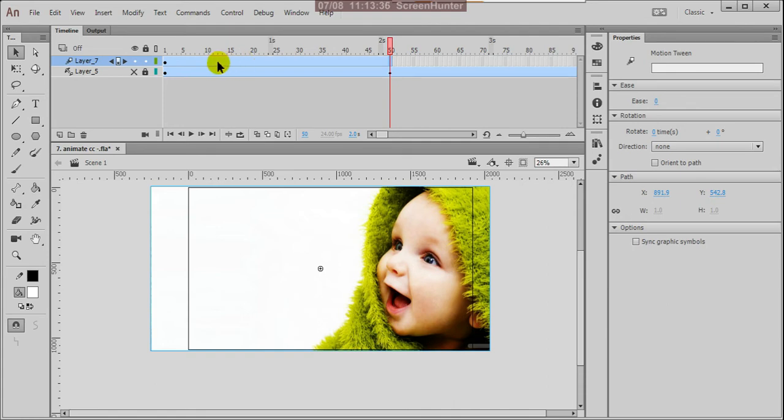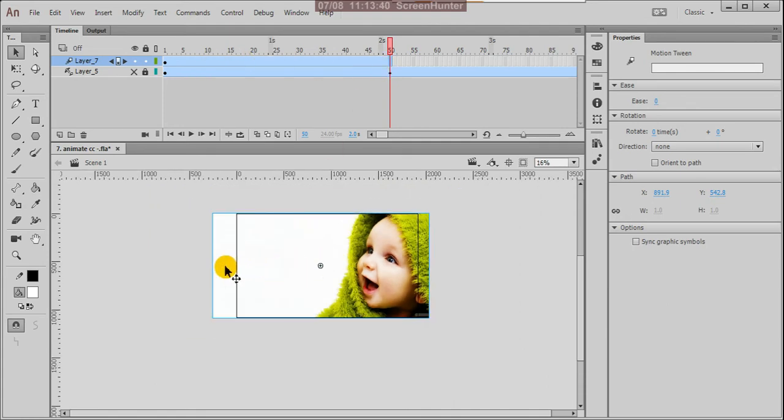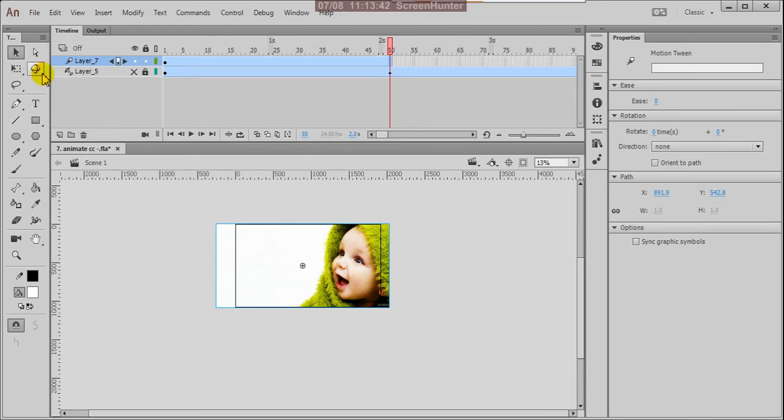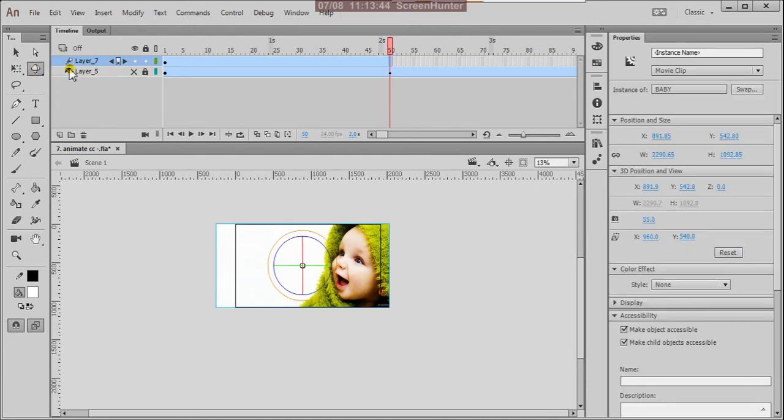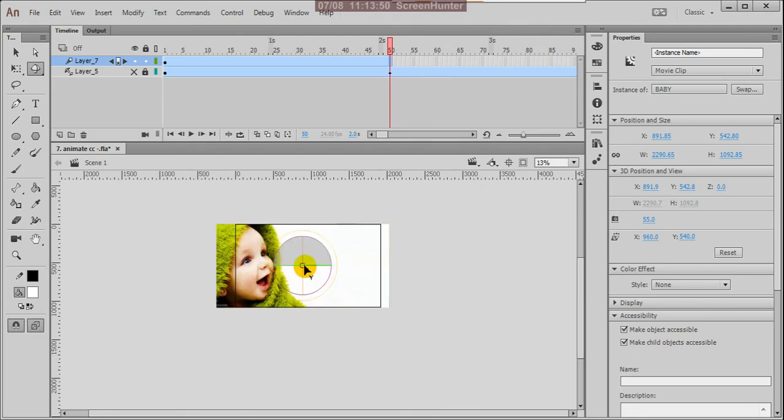Then you can observe the blue line here. Then here what we do, click on the 3D rotation tool. From there you can turn this, turn this side, good.